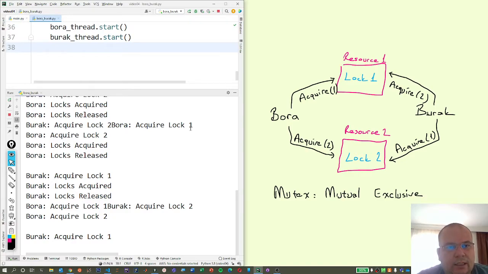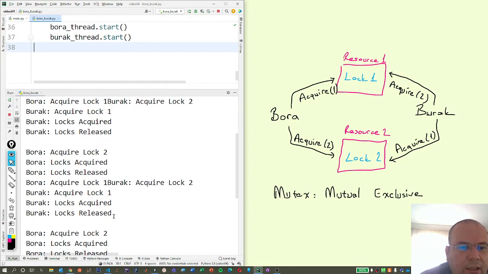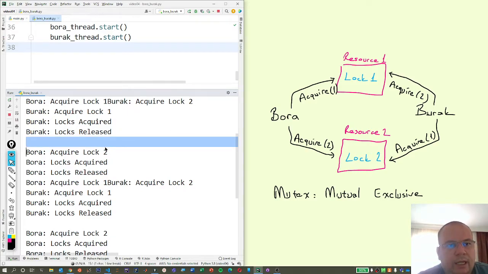It runs and stops in one moment. And let's investigate the output. It starts the same way. So Bora gets the logs, Burak gets the logs, and then Bora gets log 1, Burak gets log 2. It seems okay. And then Burak tries to acquire log 1 and gets the logs and then releases the logs. And then Bora waits for log 2, and when Burak releases log 2, Bora gets it, and then Bora runs, and then releases the logs, and then they do it again